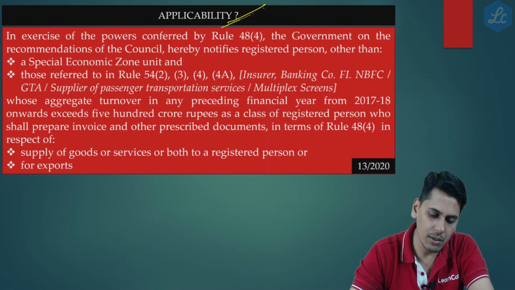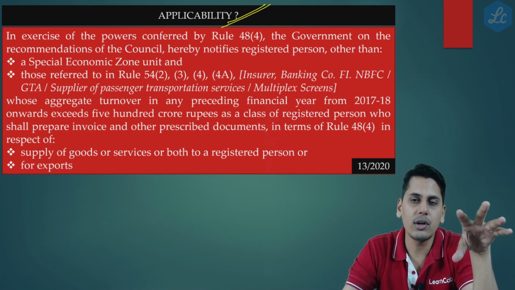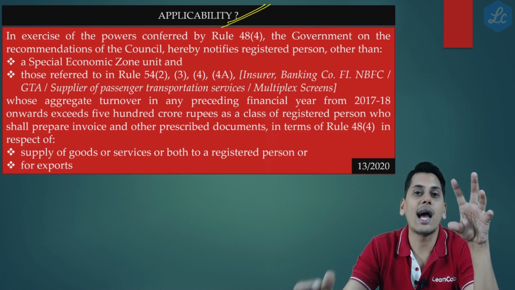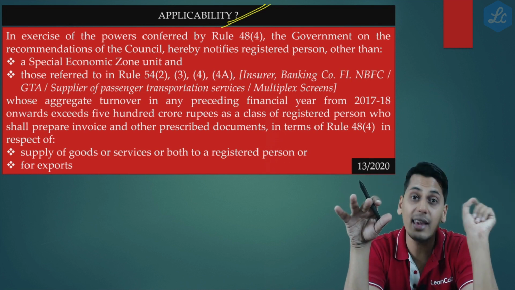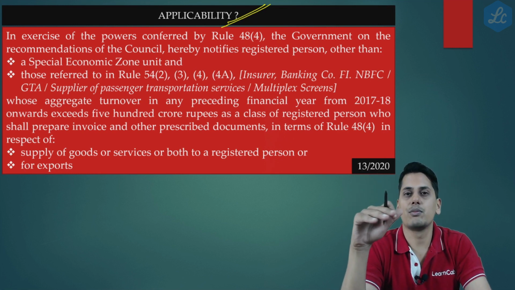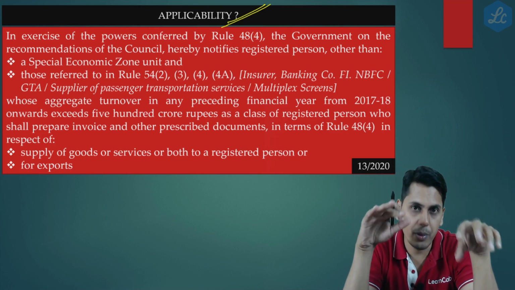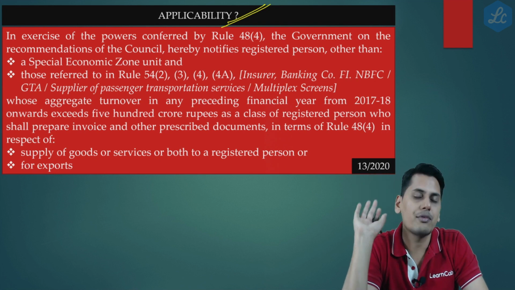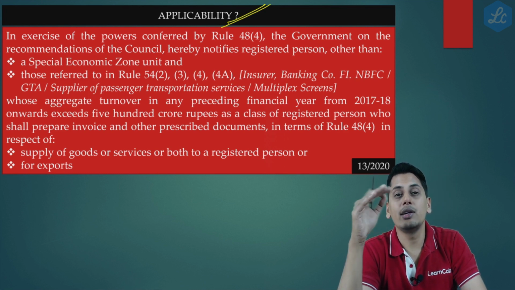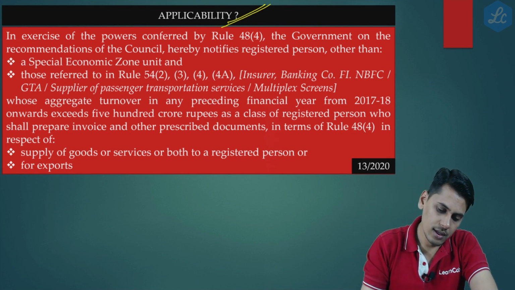So now we go, friends, to applicability. So far, let's stop for a moment. We started with contents of tax invoice. Contents of tax invoice told you that the tax invoice shall contain a QR code having an embedded invoice reference number in it, in case the invoice is issued in the manner prescribed under 48 sub rule 4. On reading 48 sub rule 4, it further told you that for notified persons, the invoice shall be prepared after obtaining an invoice reference number from the common portal. We have seen what the common portal is. Now friends, we are going to see who are those notified persons upon whom this 48 sub rule 4 is applicable. So here we go.